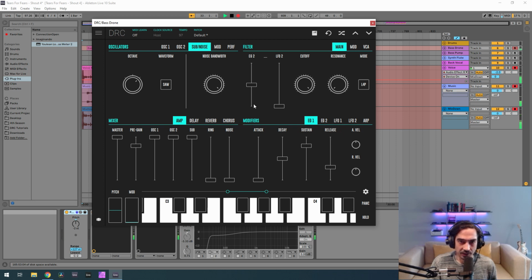And now we go to the filter. Envelope generator 2 amount controlling the cutoff frequency. This is the amount of this envelope generator controlling the cutoff. And we bring it to 292. Okay. Can be 288. Drop the cutoff to 118. And raise the resonance to 408.